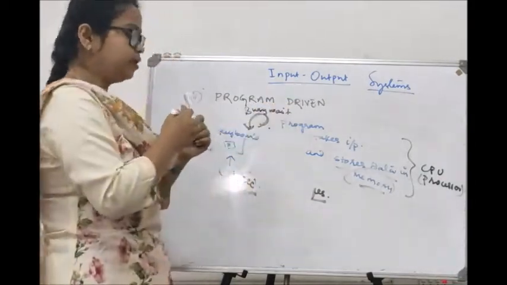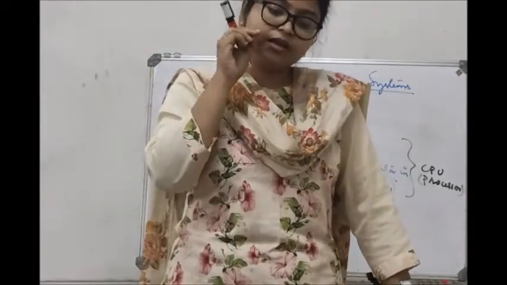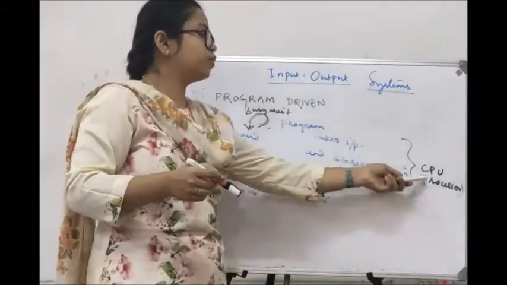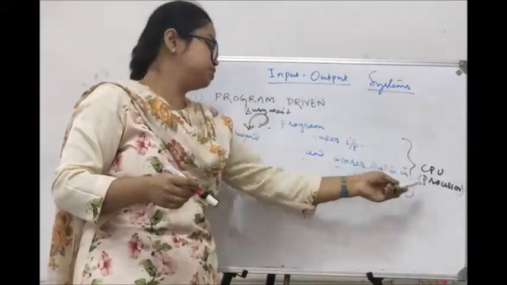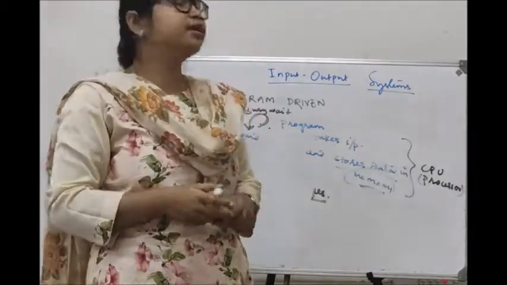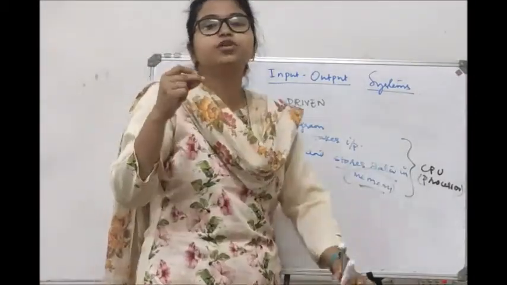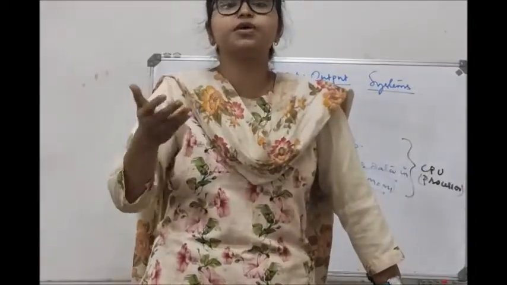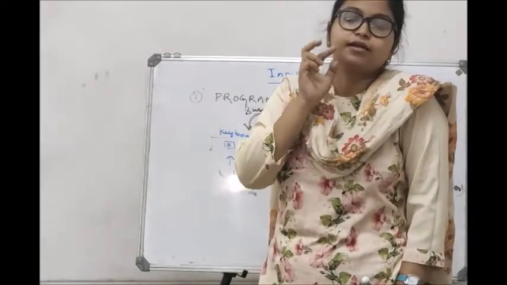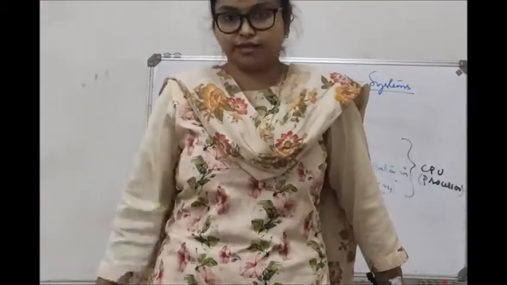The CPU cycle will keep on asking, give me the data, give me the data, give me the data. And when you press it, only then will the data be sent. The entire program is executed by the CPU, the processor, and the data will eventually get stored in the memory. This is how it works. But it is very inefficient. Why? Because the CPU functions in microseconds. Executing a program takes microseconds. It takes so much less time. But giving data takes seconds. We may click a key, and it will take 1 second usually, isn't it?